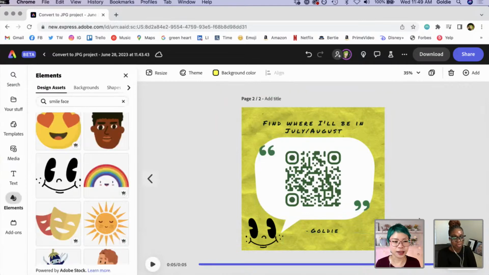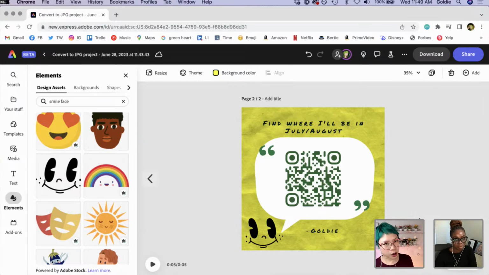I think this is a fun way to think about also just sharing news about you. And once again, we could have replaced this QR code with, say, a press mention or a blog, something or other. And that's the other thing. You can think about using QR codes to link to things you want people to go to. So that might be the podcasts that you'll be on in the next month.